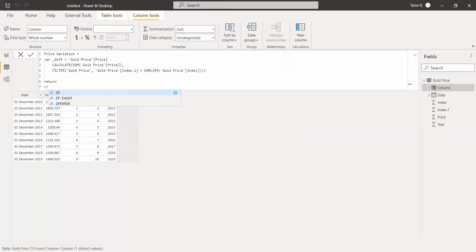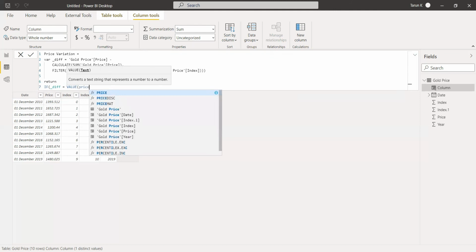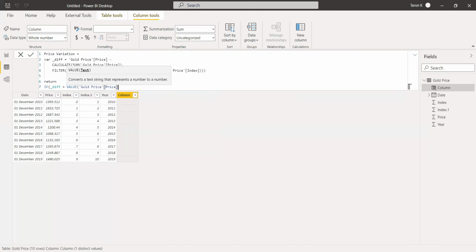If the value of price, realized value of the price, equals blank, then we'll try to put a 0 and then we'll see how it is.